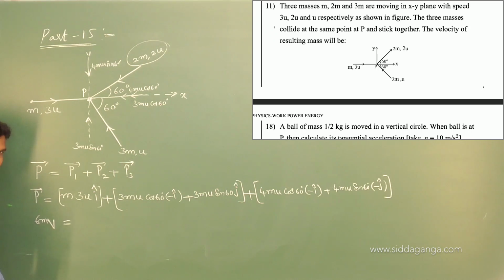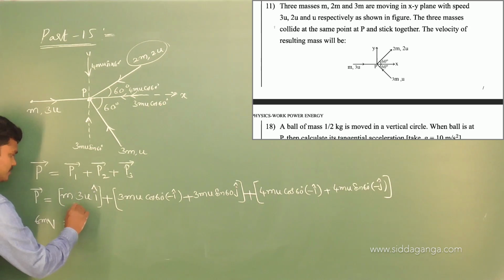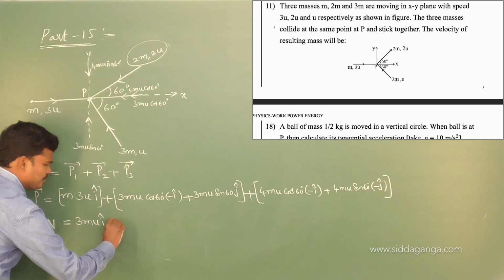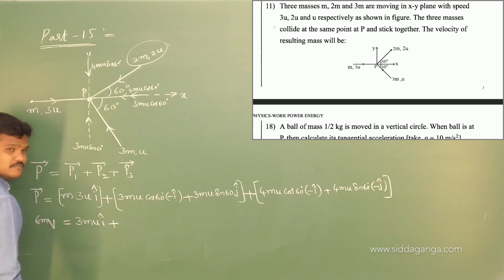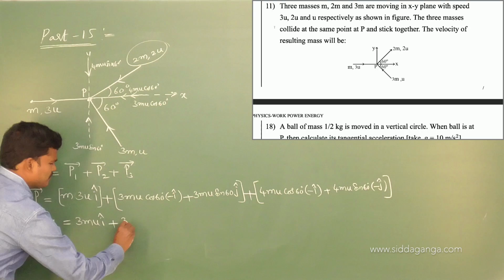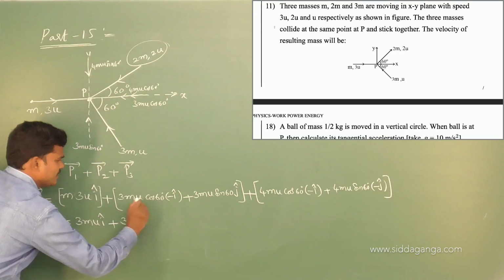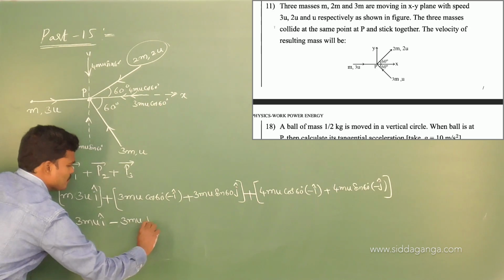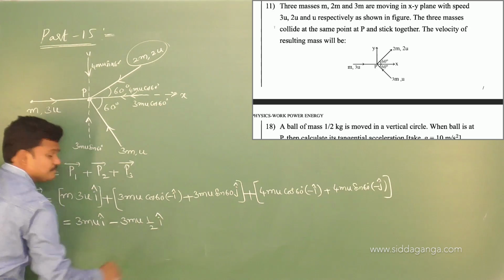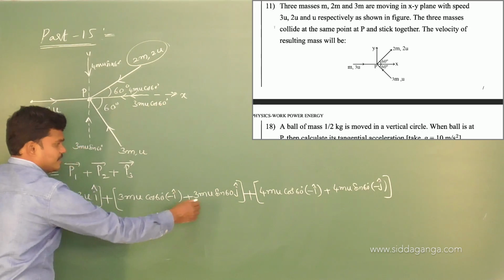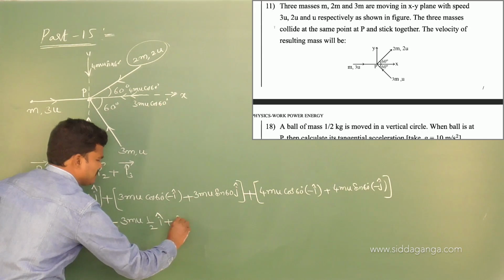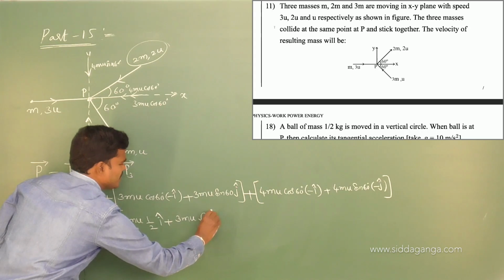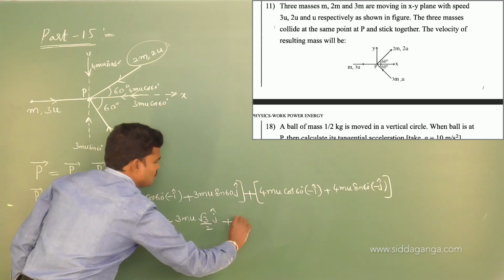So our target is to find the v value. 3mu i cap plus 3mu cos 60, which is 1 by 2, with minus, so minus 3mu 1 by 2 i cap, and plus 3mu sin 60, root 3 by 2 j cap, plus 4mu